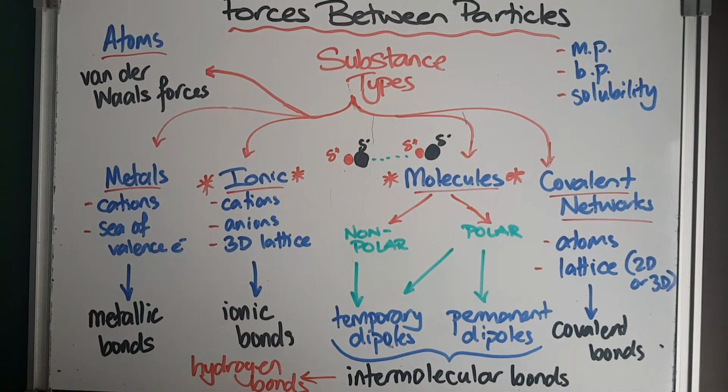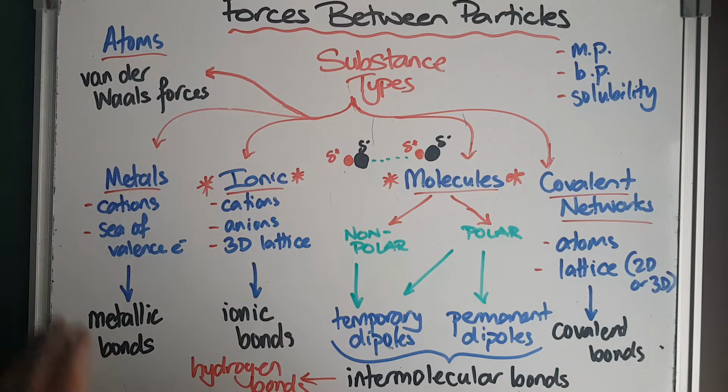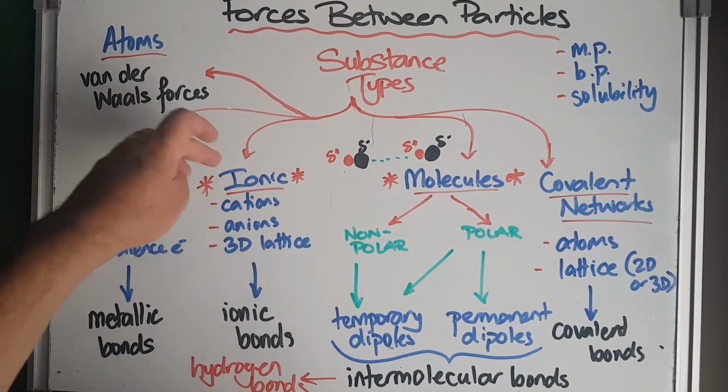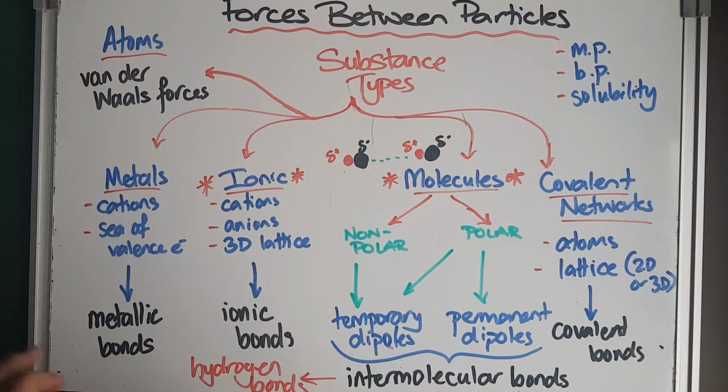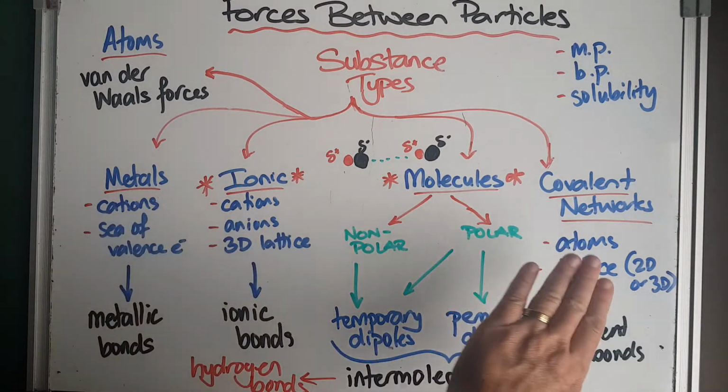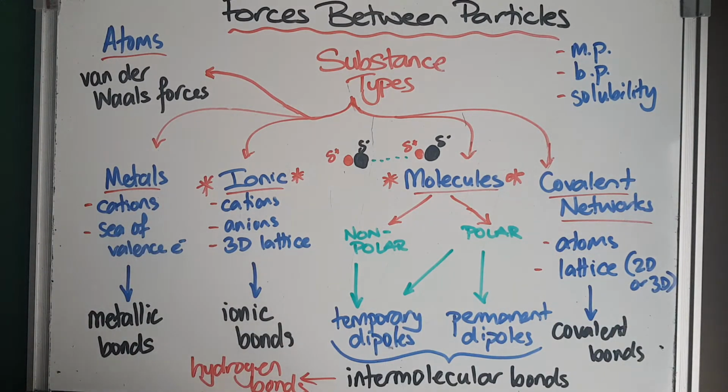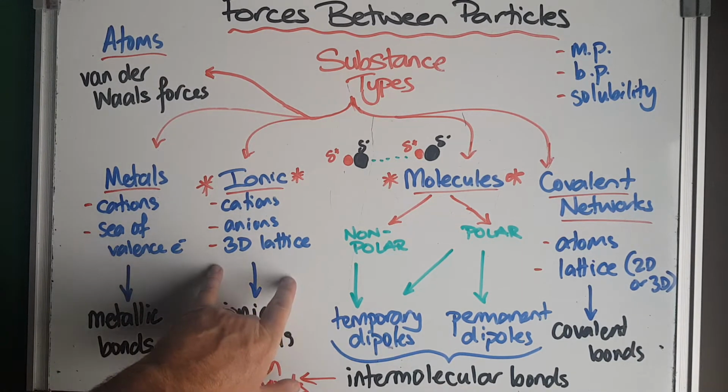In year 12, you met 4 different types of substances: the metals or metallic substances, ionic substances, molecular substances, and the covalent networks. Each of those had characteristic properties, and you could explain those using the types of particles that they were made up of, and these are shown here, and the types of forces between those particles, again shown here. In year 13, we just take this a little bit further and we really focus on the ionic compounds